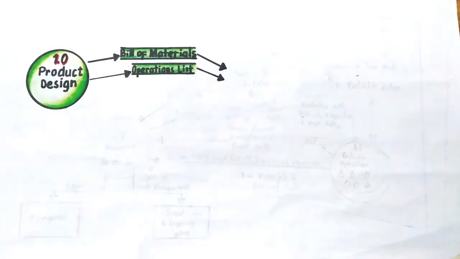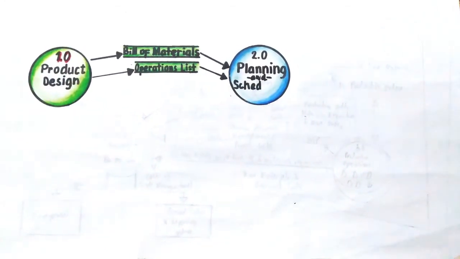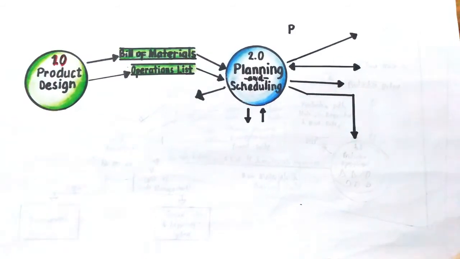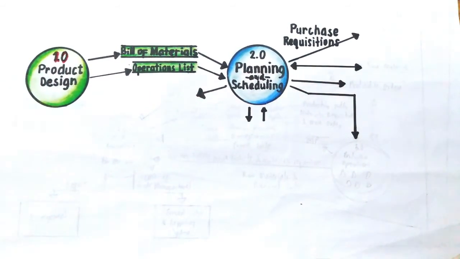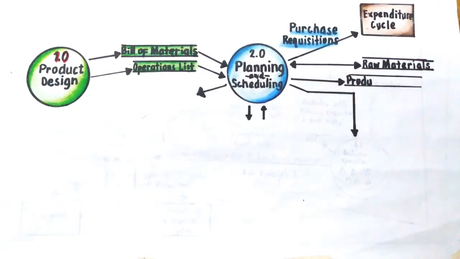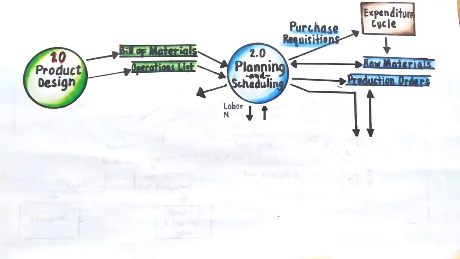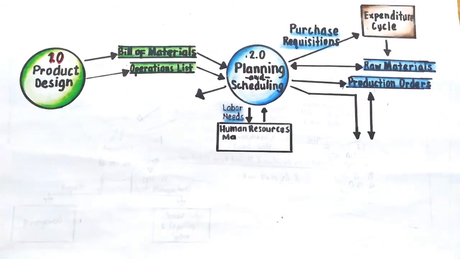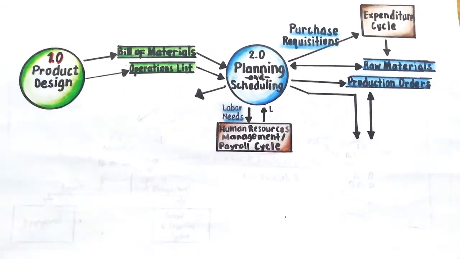To sum up the discussion for today, the conversion cycle comprises four activities. Product design is the conceptualization of a product. It produces the BOM and operations list, which are then used in production planning, along with sales forecast, customers' orders, and information about raw materials, labor, and finished goods. Outputs of the planning phase are the purchase requisitions, production orders, and the material requisitions. However, the main document produced here is the MPS, which answers how a product is produced and when it is